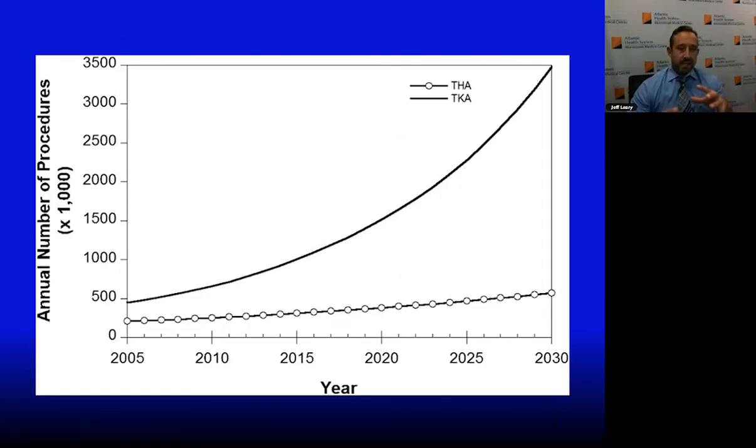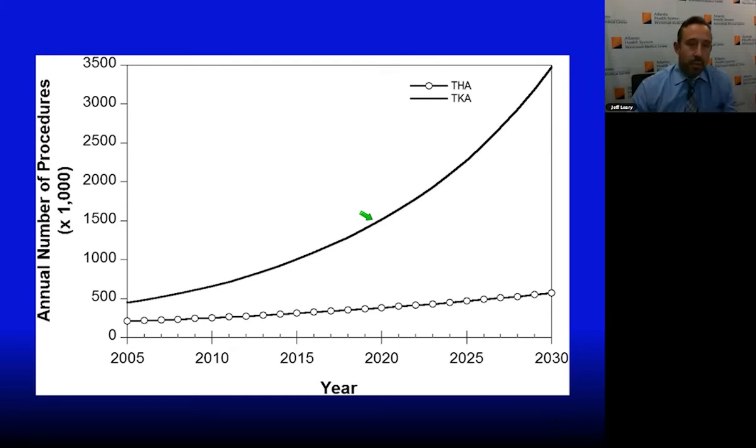This next slide is a study that was done about 15 years ago now, and it was a projection of what we could expect as far as the need for total hip and total knee replacement in the U.S. population over a 30-year span. Right now we're in 2020, right in the middle of that. You see right about here that the number even in the last 10 years has doubled. And if you look at what's projected to happen in the next 10 years, it's supposed to double again for the need for total knee and really go up again for total hip.